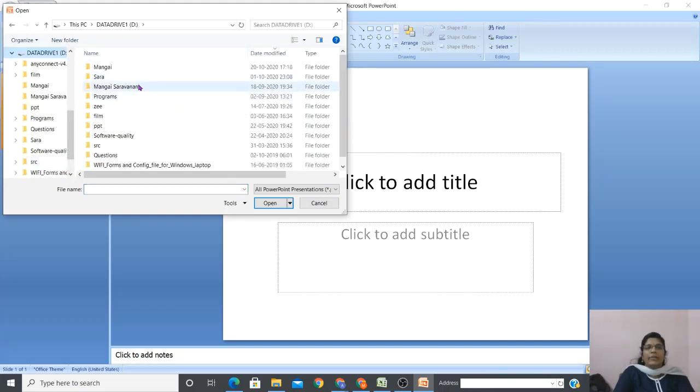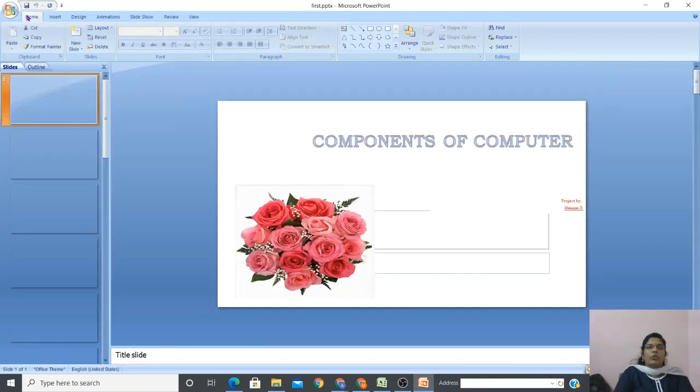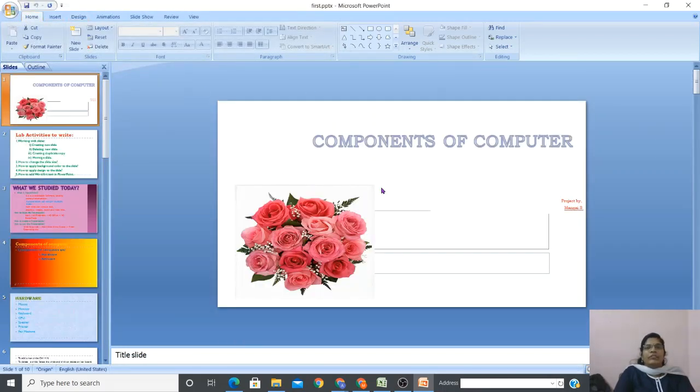and you can see it there. Okay, so I think I have created it under my name. Let me see. Yes, first.pptx. Then can you tell me what is this .pptx? Yes, that is the file extension of Microsoft PowerPoint. Okay, which will be added automatically. So you can see first.pptx, this is what we created.